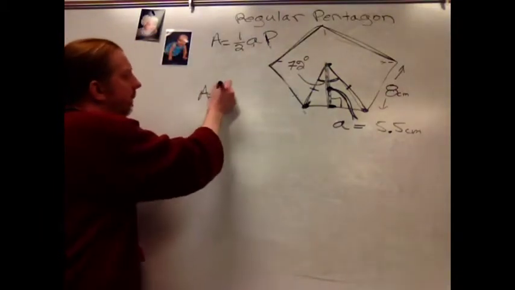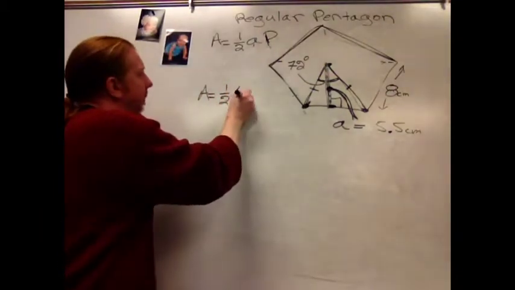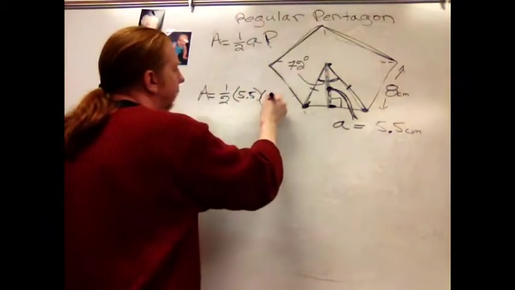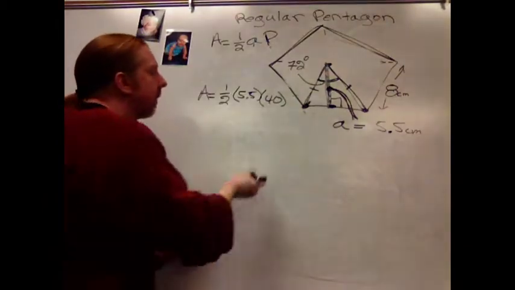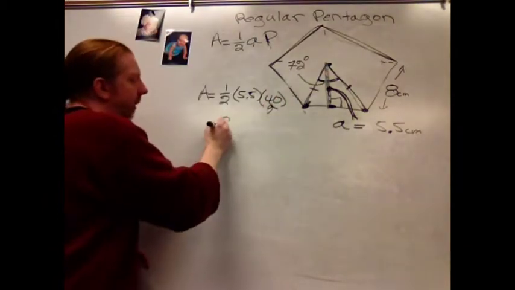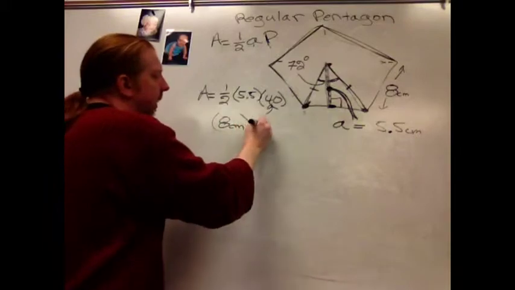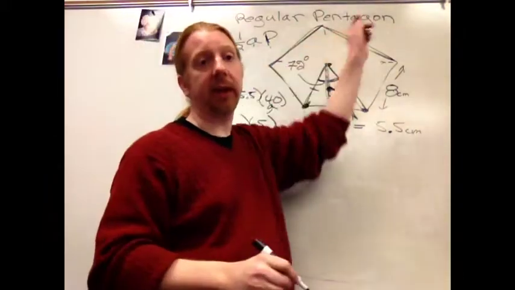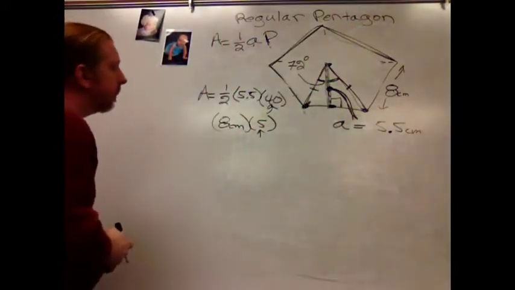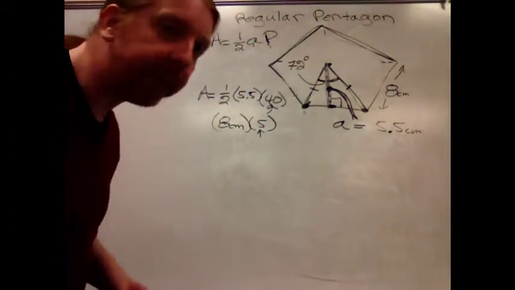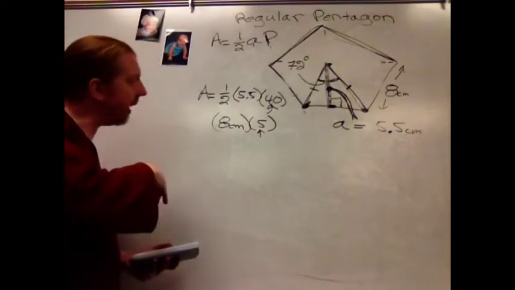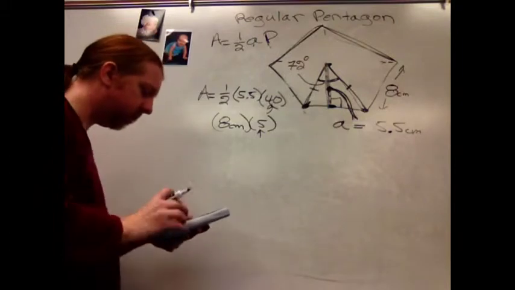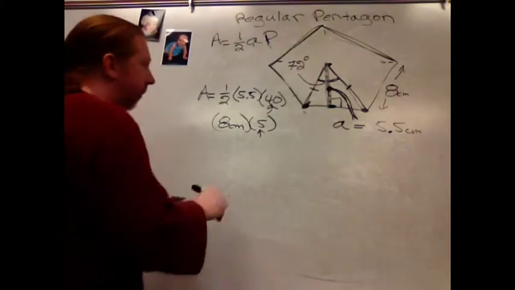So area is 1/2 the apothem, 5.5 centimeters, times the perimeter. In this case, I know that's 40. Now that 40 comes from 8 centimeters per side times 5 sides. And the 5 comes from the fact that it's a pentagon. Pentagons have 5 sides. So then I can run that through the calculator. I take my 5.5 times 1/2 times 40. And that's going to get me an answer in the ballpark